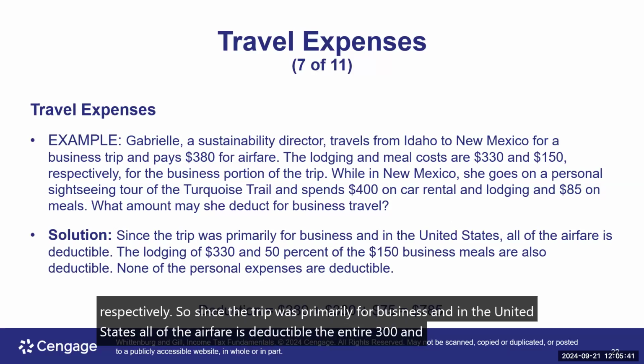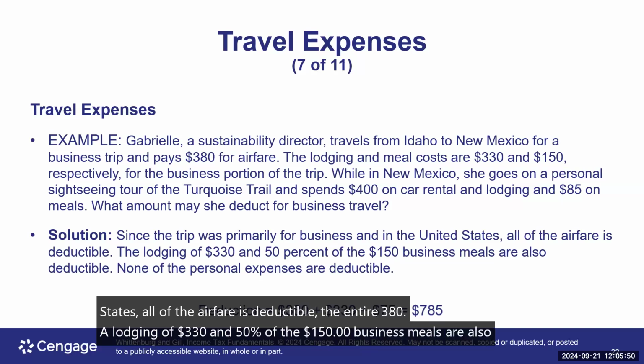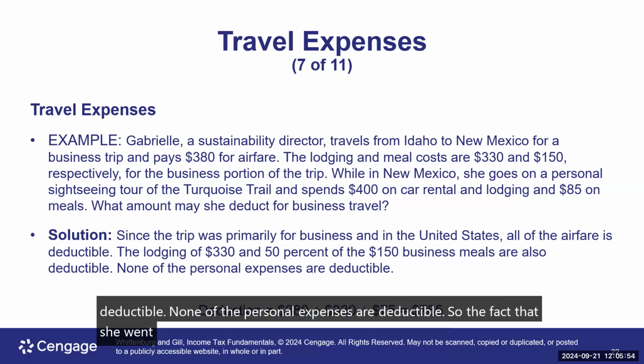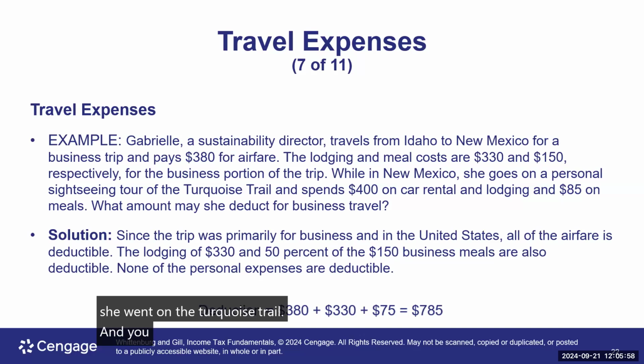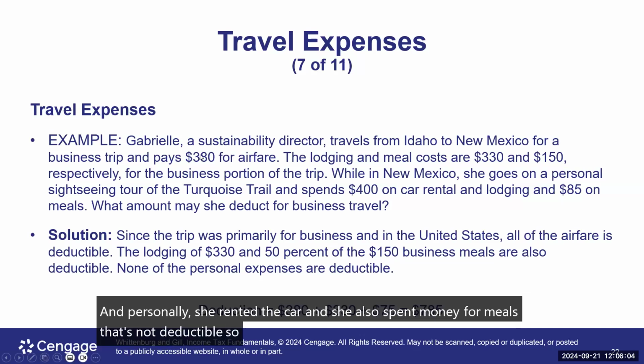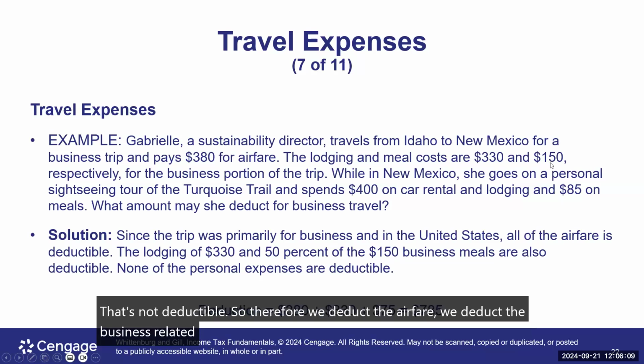The lodging of $330 and 50% of the $150 business meals are also deductible. None of the personal expenses are deductible. So the fact that she went on the Turquoise Trail, and personally she rented the car and also spent money for meals, that's not deductible. So therefore, we deduct the airfare, we deduct the business-related lodging and 50% of the meals for a total of